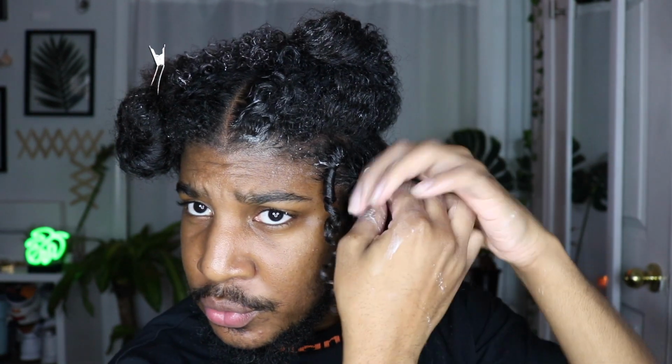I'm gonna just take some more hair. I'm trying to get the same amount. There were a lot of different sizes back there, but yeah, start at the root, start coiling, twisting, coiling, twisting, coiling. Alright, so I just wanted to slow this down and try to explain it explicitly because